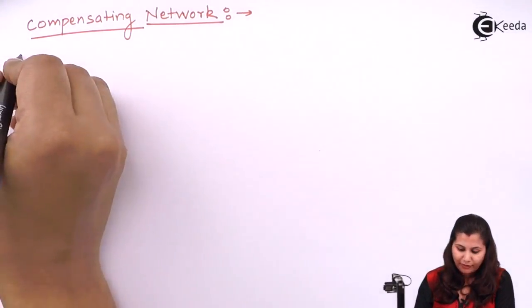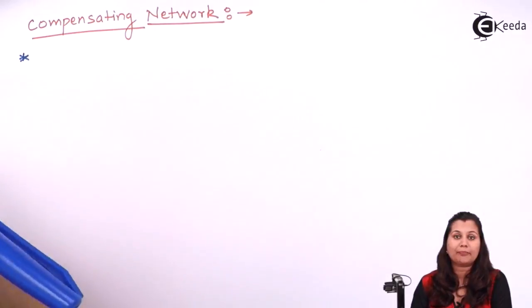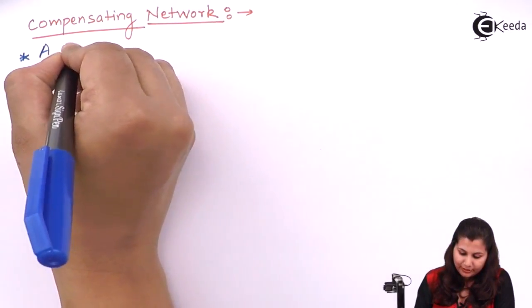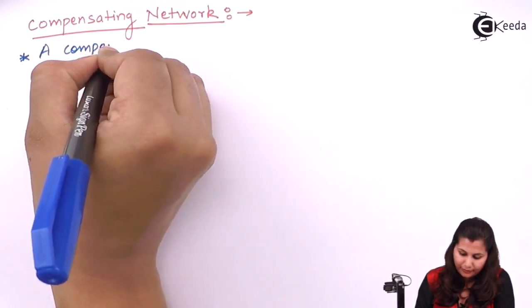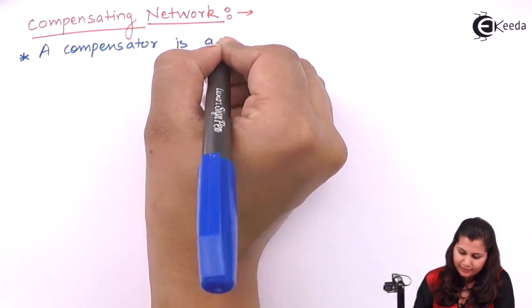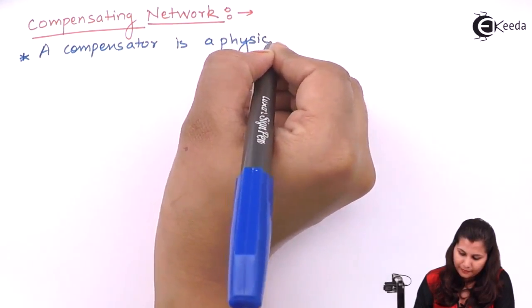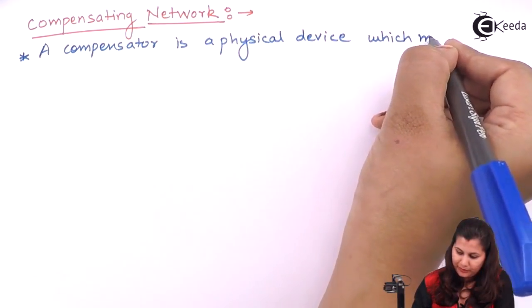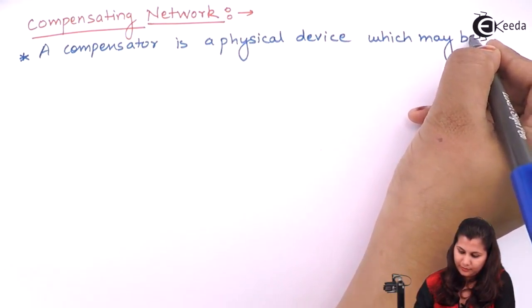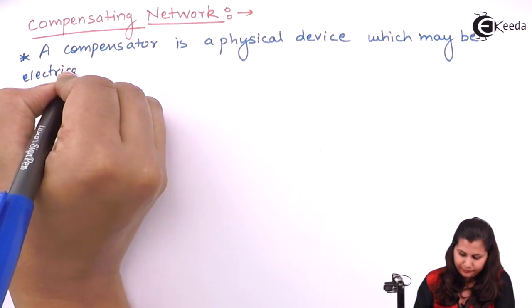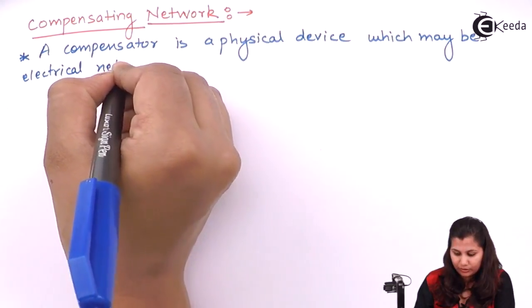So let us first define the compensator. What is a compensator? A compensator is a physical device which may be an electrical network,